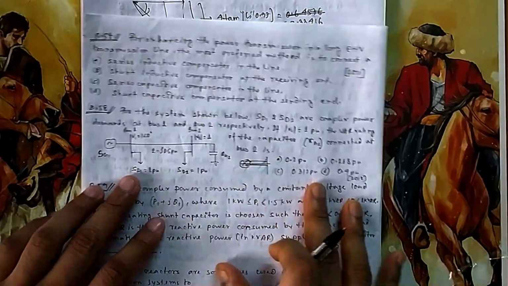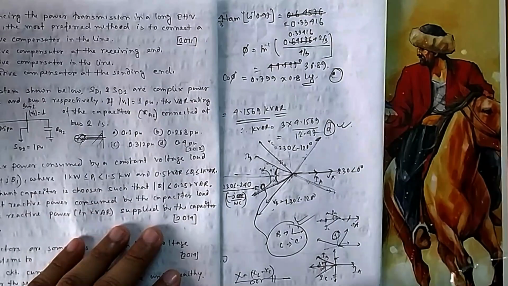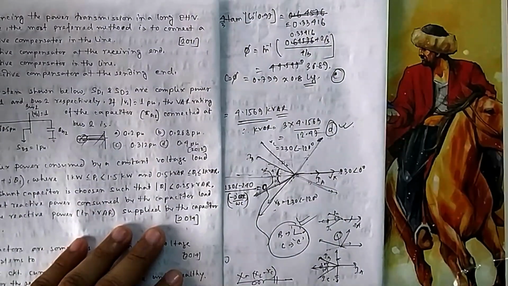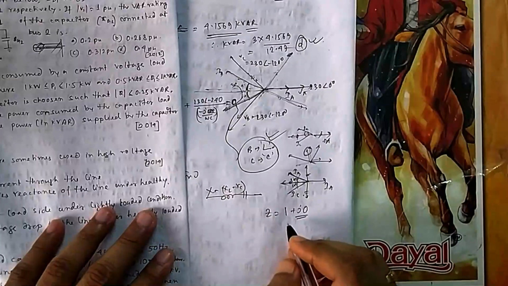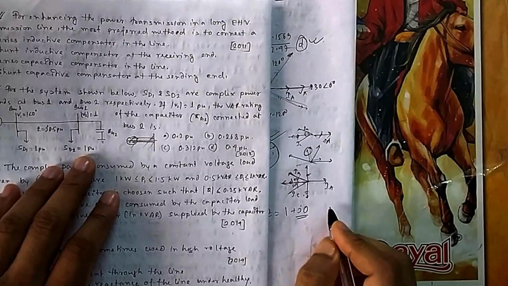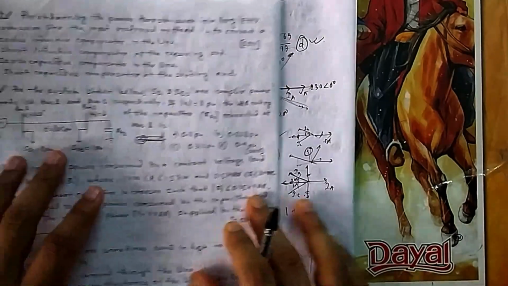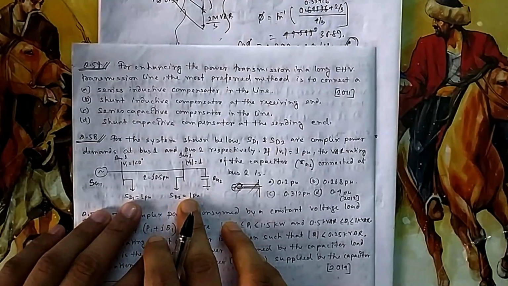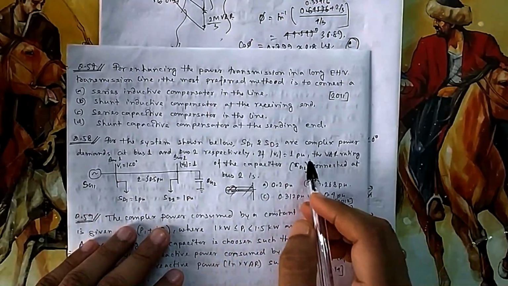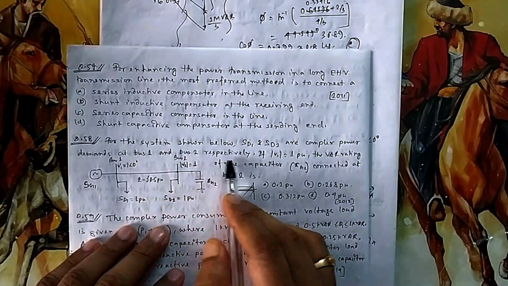This is complex power. If I say Z is a complex number equal to 1, that means only 1 is there, no imaginary part. Had there been an imaginary part, they could have written 1 plus 0.2j, or 1 angle something. They have not given that, so these are actually 1 plus 0j, and this is also 1 plus 0j. So these are the complex power demands at bus 1 and 2 respectively.